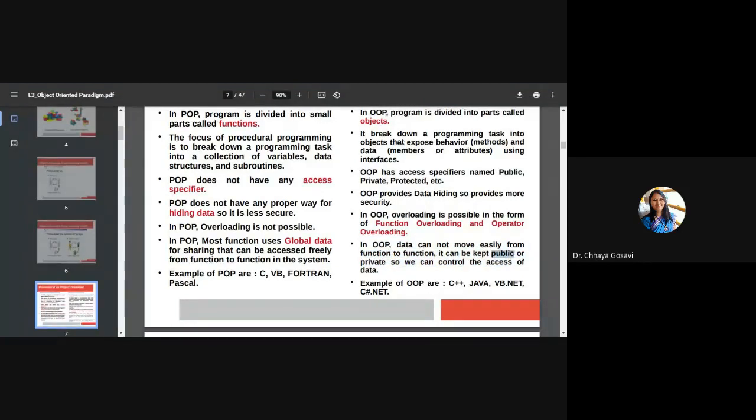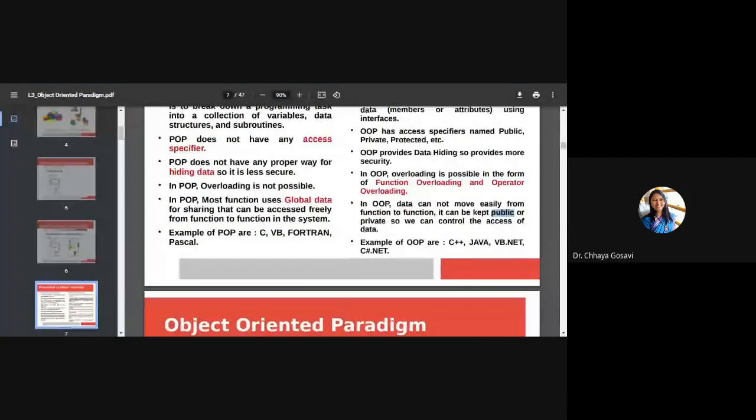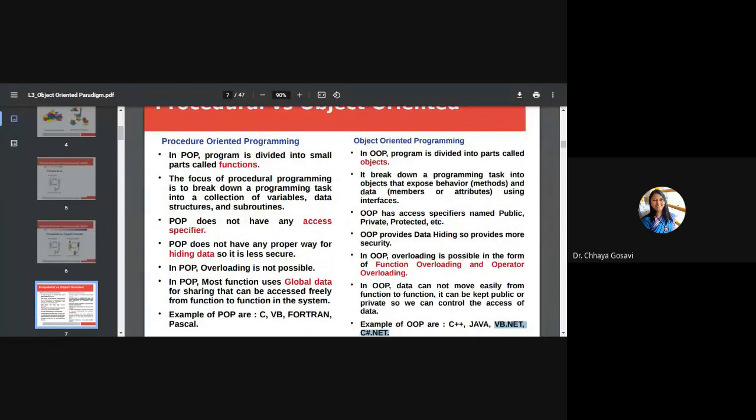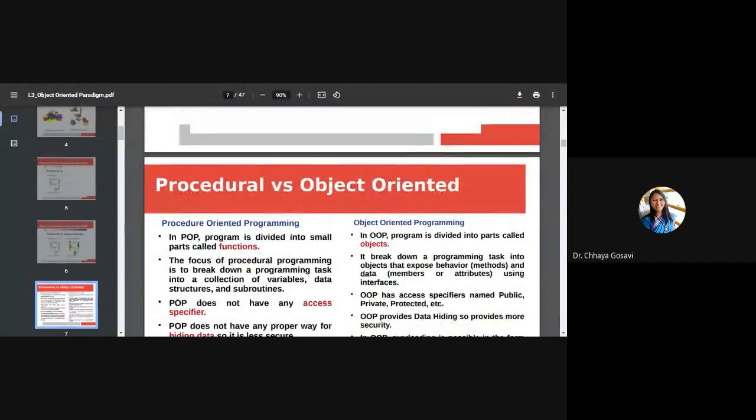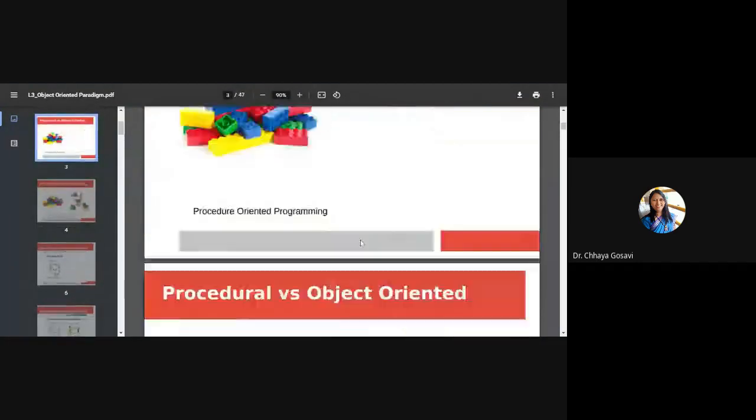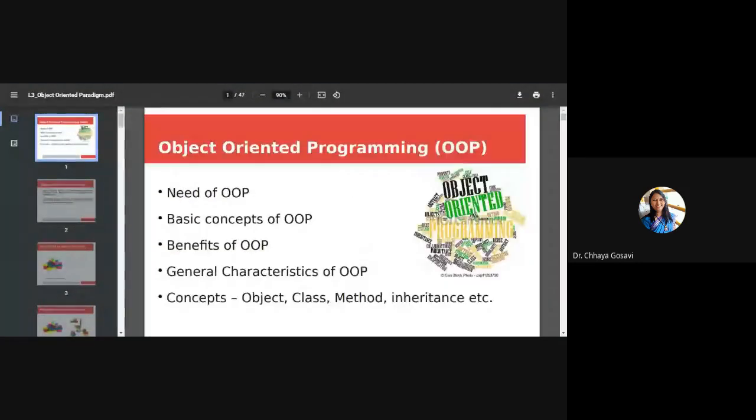Either you have to keep it public or private. Examples of procedural programming are C, VB, Fortran, Pascal, and object-oriented programming are C++, Java, C#, VB.NET, etc. So today we'll stop here, and in the next lecture we'll study the features and basic concepts of object-oriented programming.